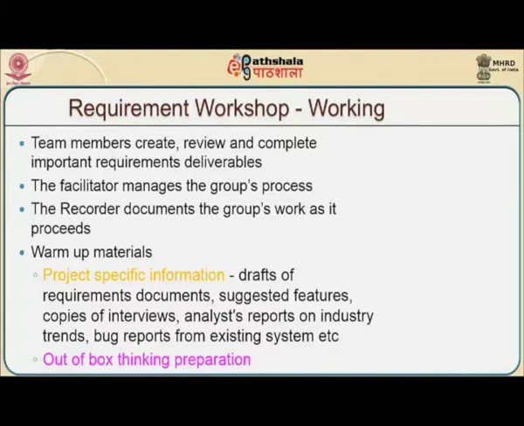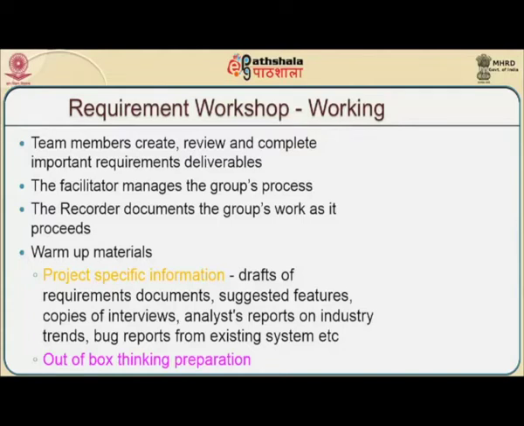By the end of it, we will prepare warm up materials which have project specific information like drafts of requirements documents, suggested features which this product would support, copies of interviews, analysis reports on the industry, bug reports from the existing system, etc. These will be presented to the participants and to the facilitator for further discussion. And there will be out of the box thinking preparation, which will discover a lot of new